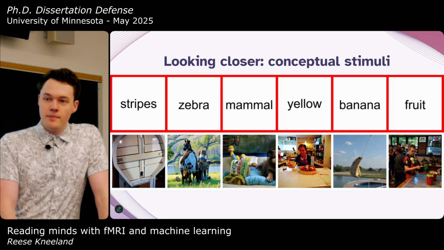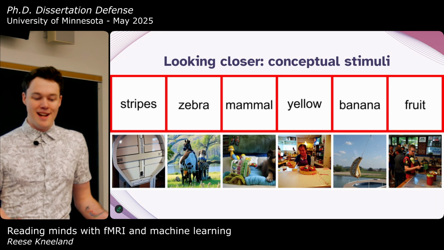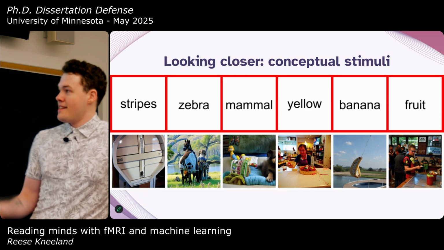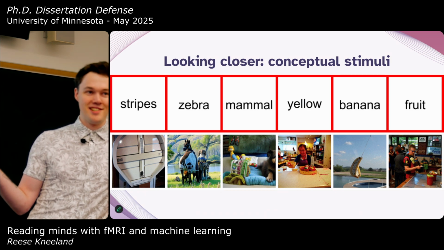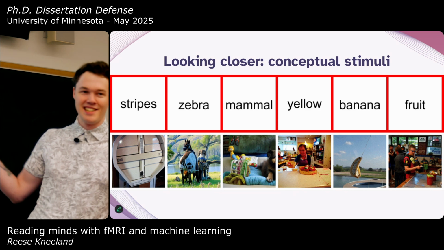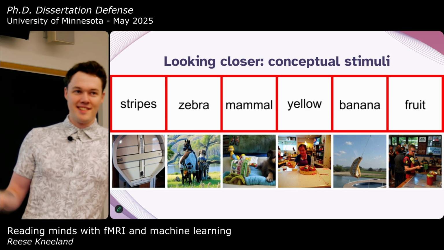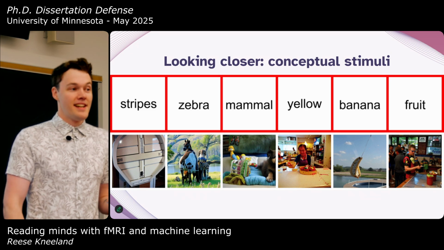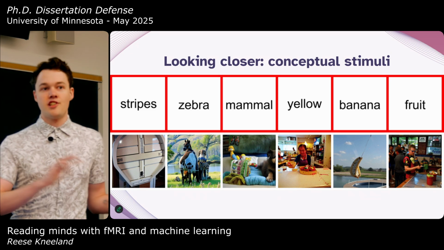For the conceptual stimuli, it's a little bit harder to measure because, of course, we don't know what the true mental image that the subject was imagining is. But we can see broadly interesting reconstructions. The stripes one has a very abstract image containing stripes. The banana is starting to resemble a fruit. And the zebra has a reminiscent horse-like object. So it's picking up some information, but there's also clearly room for improvement in these initial off-the-shelf reconstruction